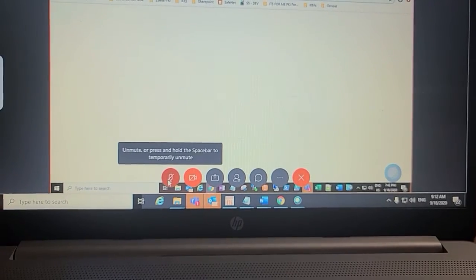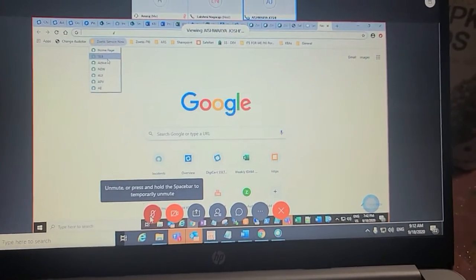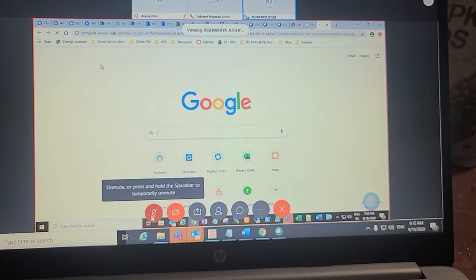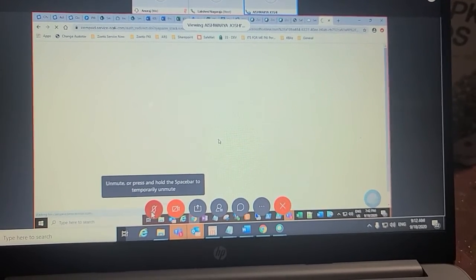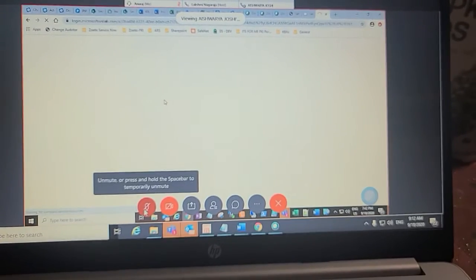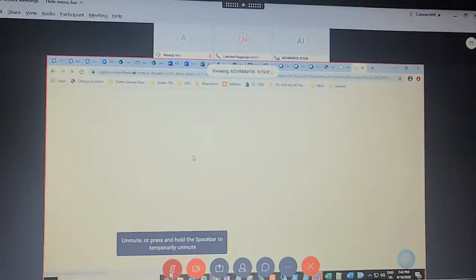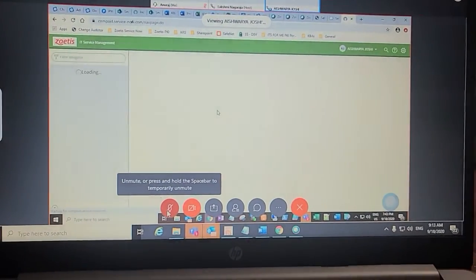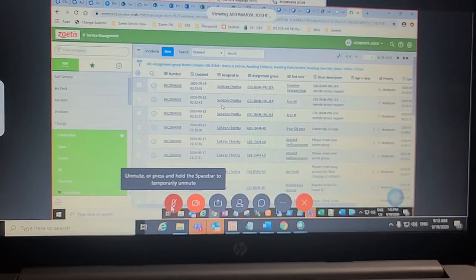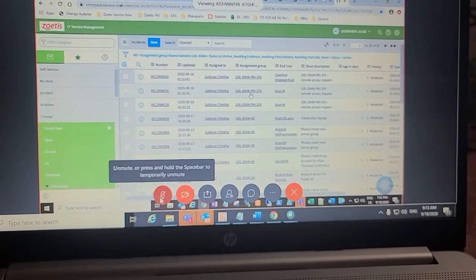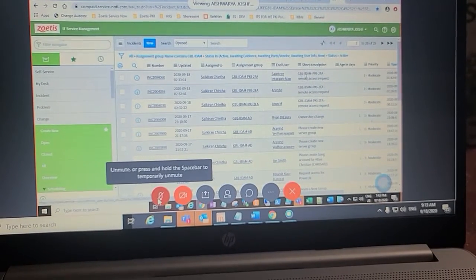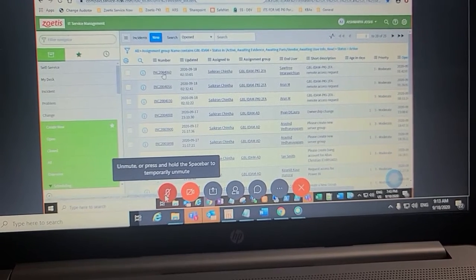Let me check if any request is there from the two-factor authenticator.